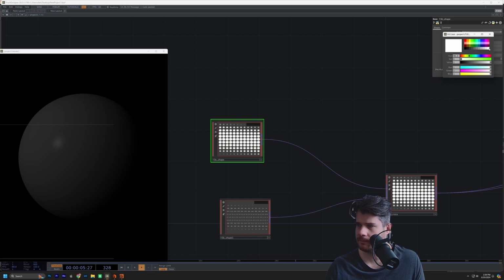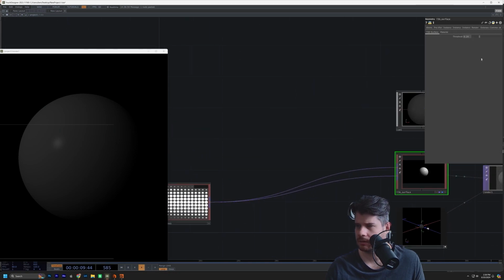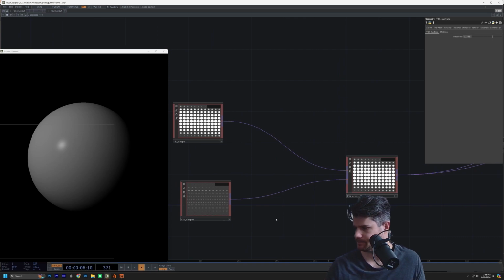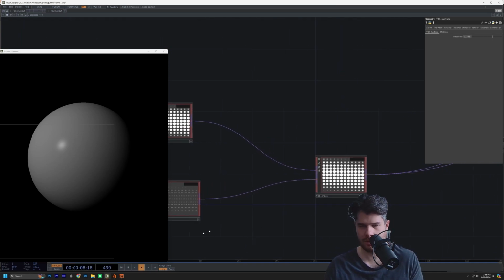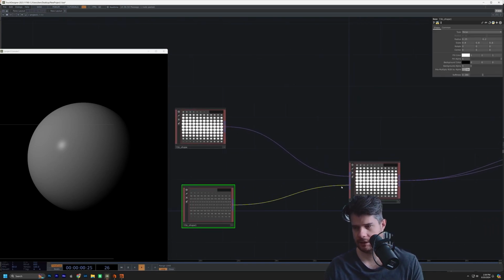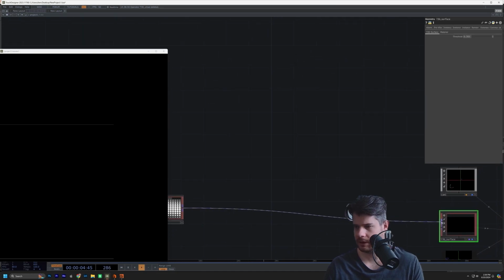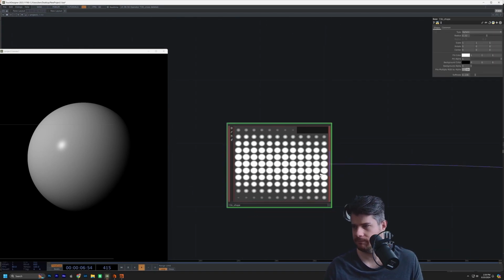Let's go back to white. Now it's really dark. Do something like that. All right, so if we're doing standard processes, like classic 3D, 2D TouchDesigner things,